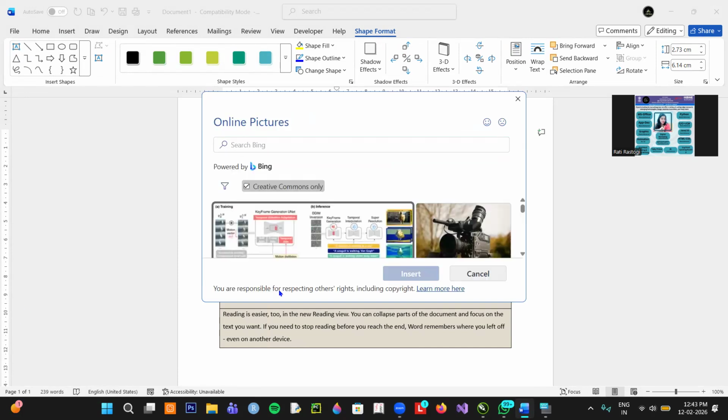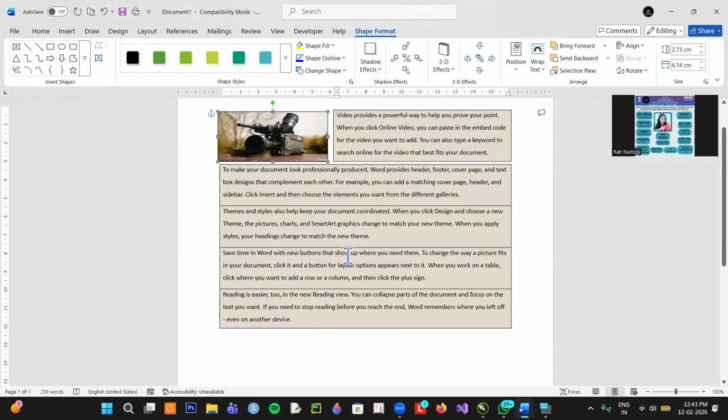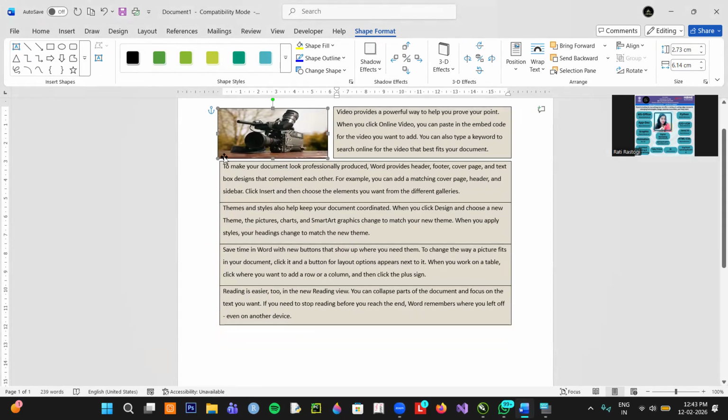Whatever the image you want, just take it. Suppose I'm taking this one. So my image will be there in the shape. So like this, you can set the image and the paragraph all in the same margin. No need to set the margin again and again. When you open the picture,